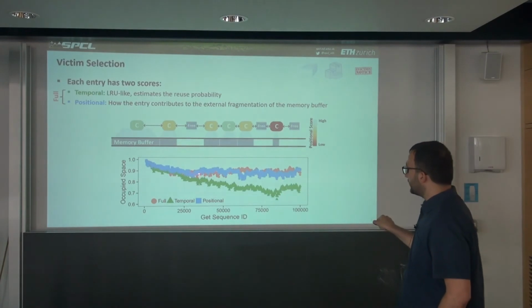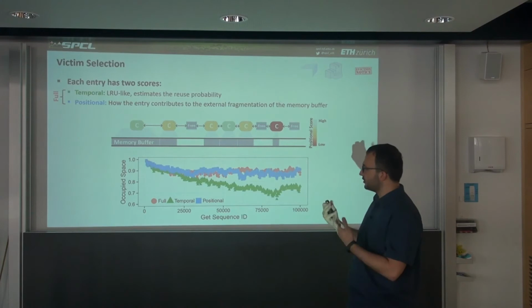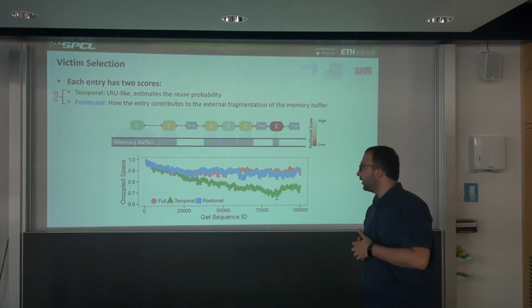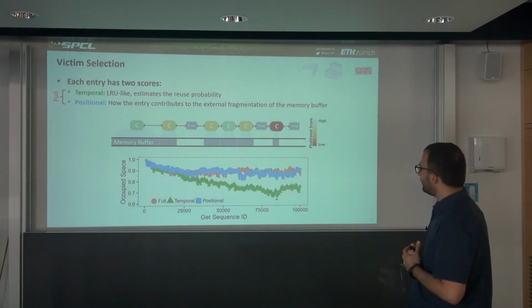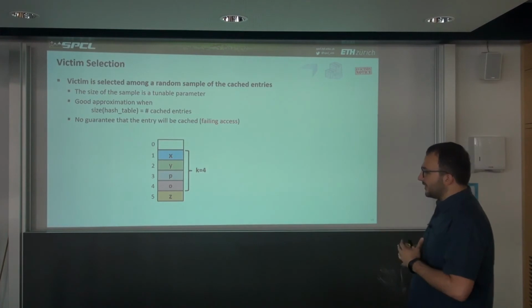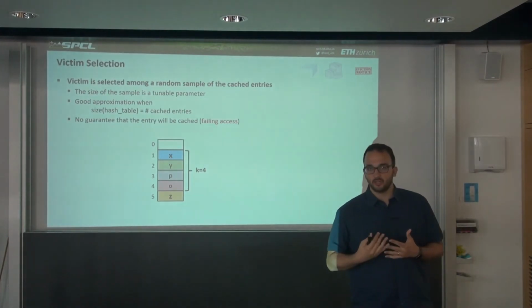While if we use the positional or the full score, where full is just the combination of the two, we can keep a higher occupancy of the memory buffer. So till now we said how do we score, how do we rank the entries in order to evict them,